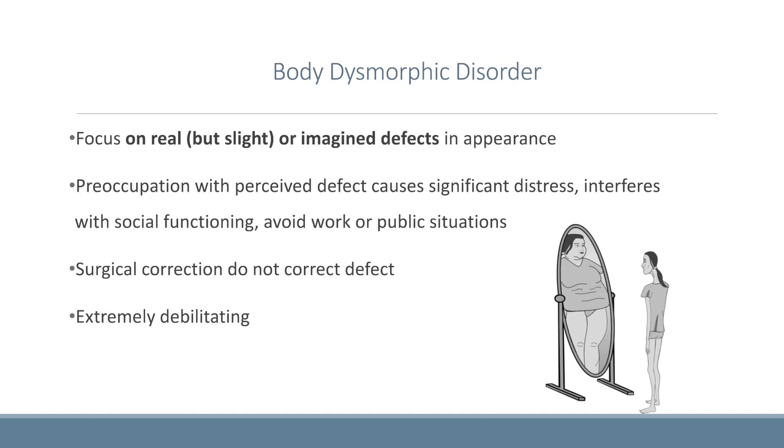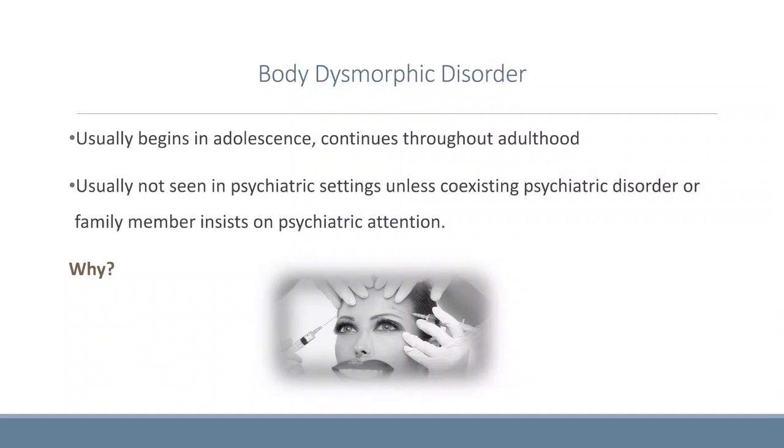They might seek surgical correction, but that does not correct whatever defect they seem to feel that they have. This can be extremely debilitating. This usually begins in adolescence and it continues throughout adulthood. And this is usually not actually seen in the psychiatric setting unless coexisting psychiatric disorders or family members insist on psychiatric attention. Part of the reason for that is plastic surgery offices are generally outpatient office settings outside of a hospital,